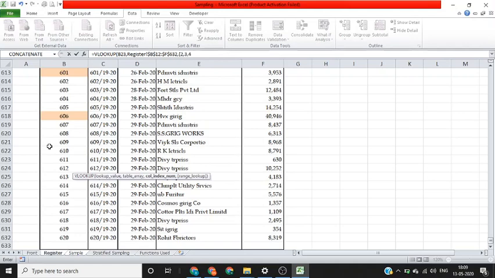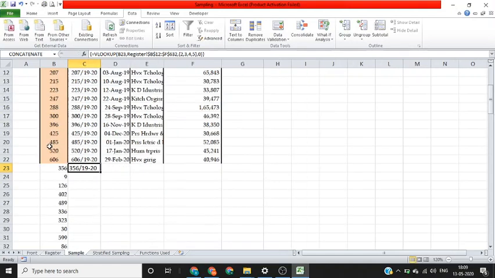So 2, 3, 4, 5, and we'll close the curly brackets, and if nothing is found the result should be 0. So here we close our VLOOKUP formula, and since we are using an array function, instead of Enter we'll be pressing Ctrl Shift Enter. I need to select all these 4 cells at a time first and then press Ctrl Shift Enter.